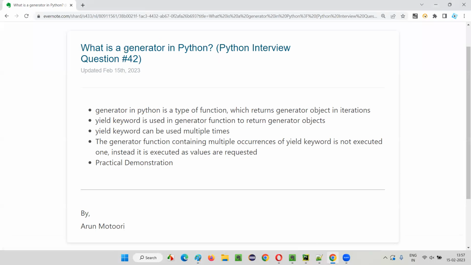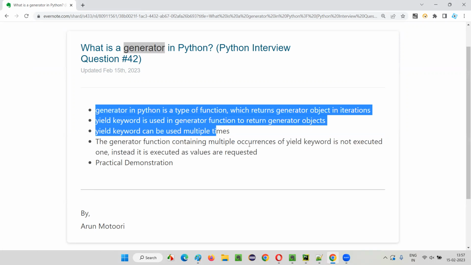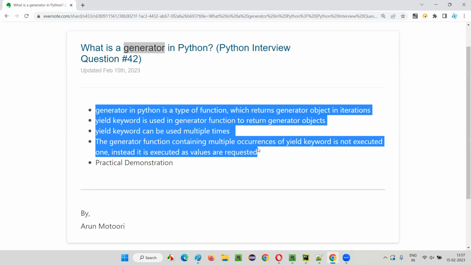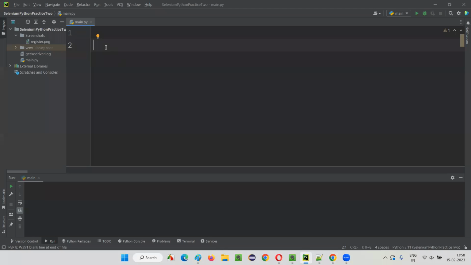To understand exactly how this generator type of function can be used in Python, before explaining all this theoretical part, let me give you a practical demonstration. After the practical demonstration, I'll explain all these statements so that you'll be able to understand the generator type of function in Python easily. So let me quickly switch to this PyCharm IDE,